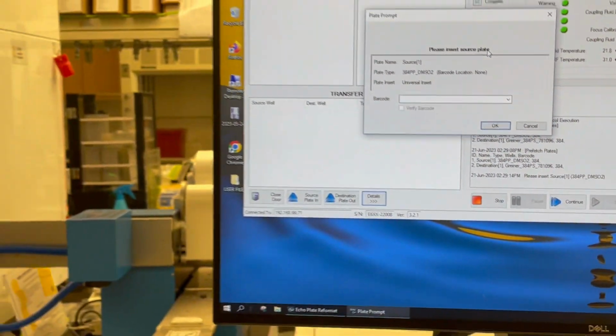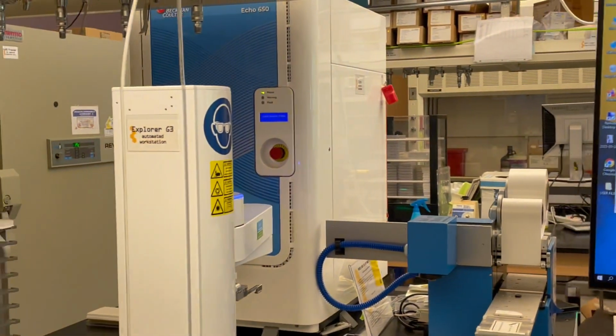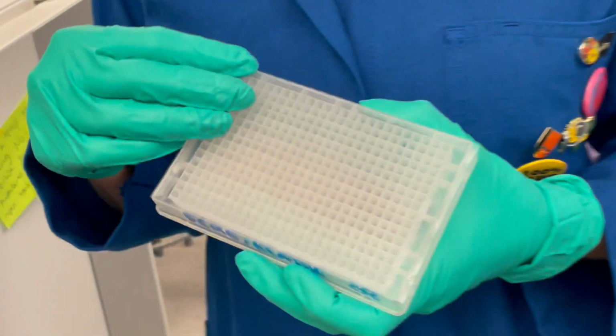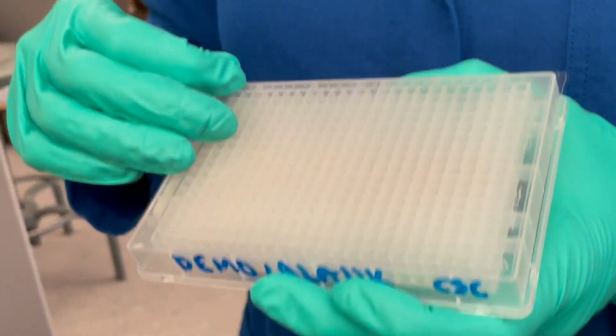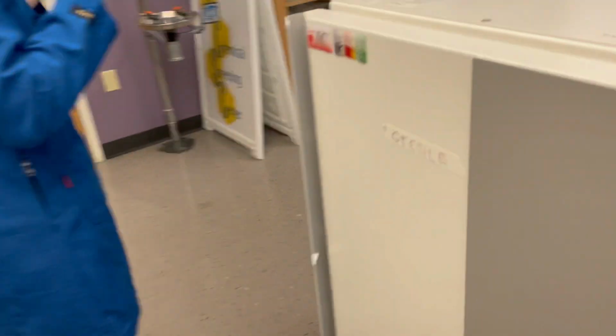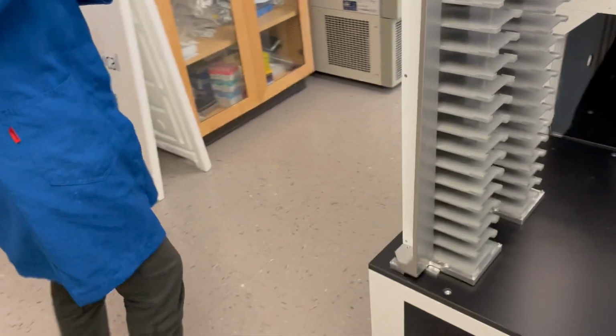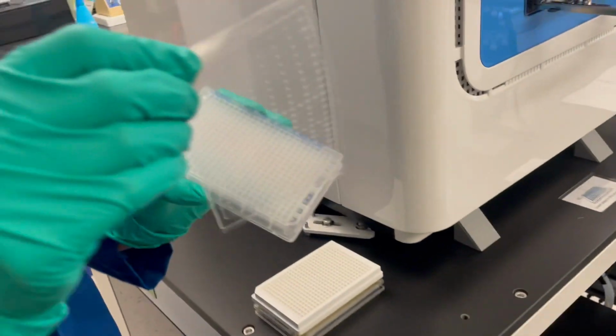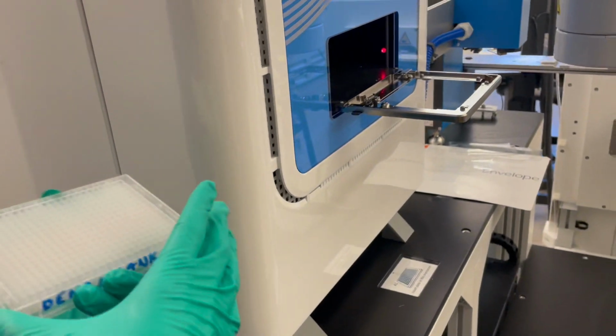So that's when we're gonna put the compound plate. And I think I said for it to expect the 384 pp plate. That's what most of our compound libraries are in. So we're going to insert that to the device. If your compound plate has a seal, then you definitely want to remove that before attempting to dispense from the plate.